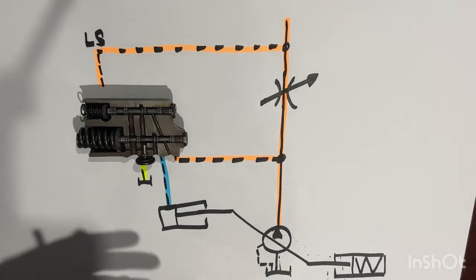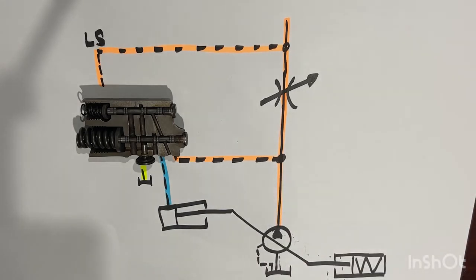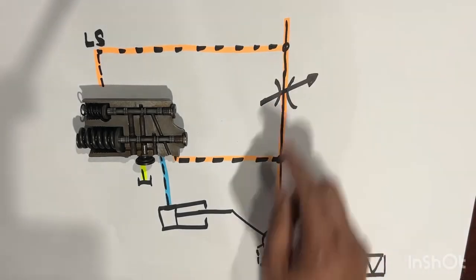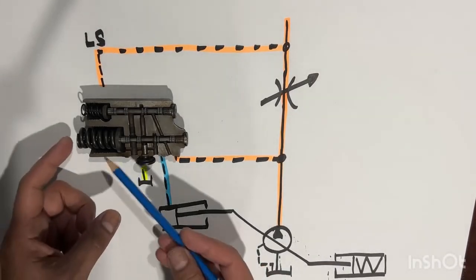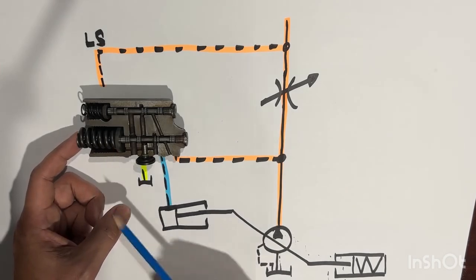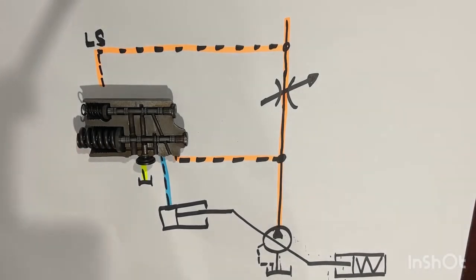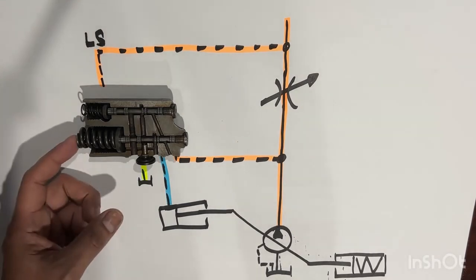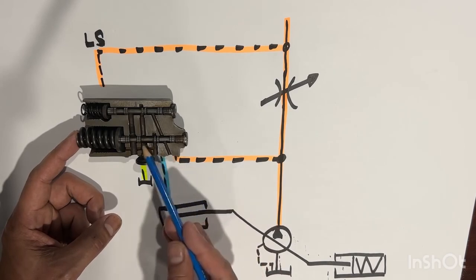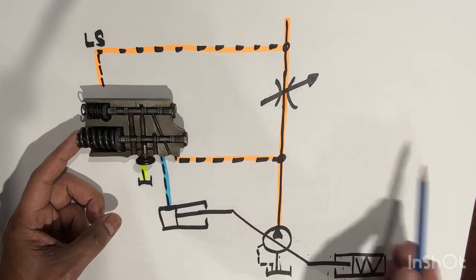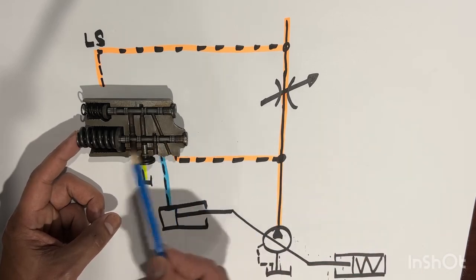Let's put an unloaded condition. The pump pressure is relatively low and the throttle valve is widely open, 100% open. The pressure cutoff spring, we set this to 280 bar. Since the condition is unloaded, the spring force is higher than the force behind this spool. So this spool will maintain the position to the right, the neutral position, because the spring force is higher.